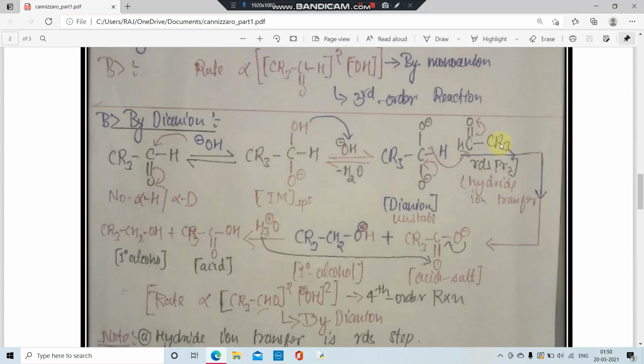Look, there is no presence of sp3 alpha hydrogen or deuterium at this sp3 carbon. We are going to do hydride ion transfer from this molecule to this carbonyl carbon. So the hydrogen and carbon bond is going to break, and the hydrogen is going to attach to this carbonyl carbon. During that time, the O negative is going to shift as a pi bond. Also, when hydrogen is attaching to this carbon, the pi bond of this C=O is going to shift as O negative. So from this we are going to get an acid salt, and from this we are going to get a primary alcohol.